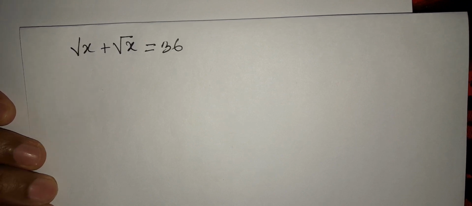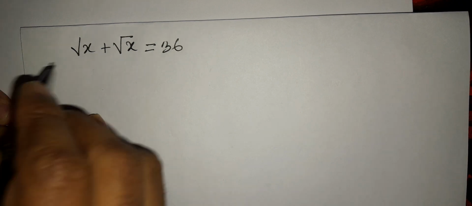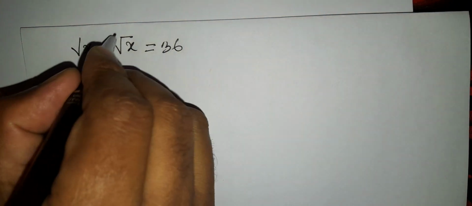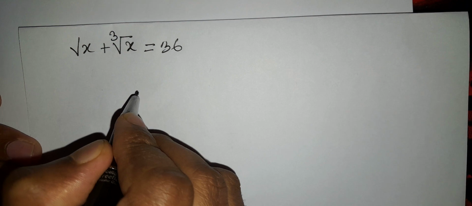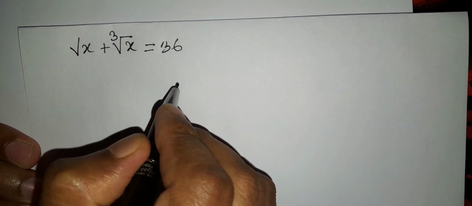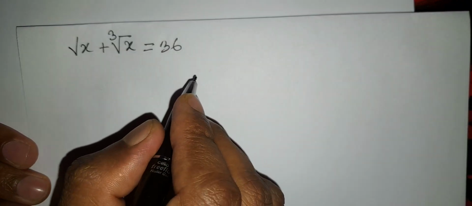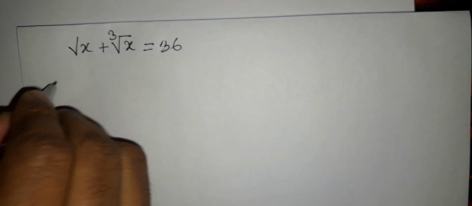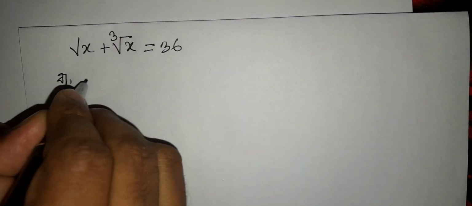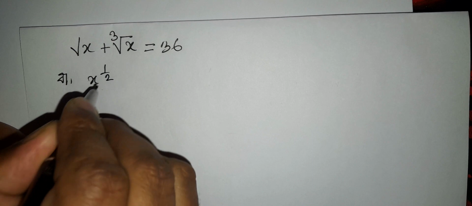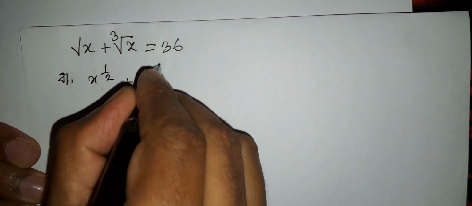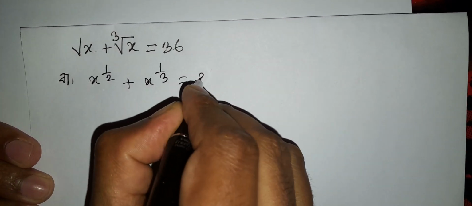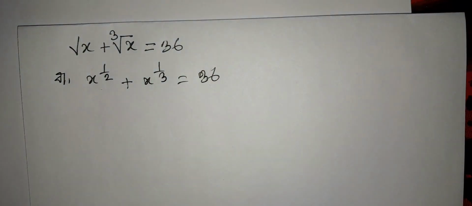Today we have a nice equation: root x plus cube root x equal to 36. Here we can write x to the power half plus x to the power 1/3 equal to 36. Okay,